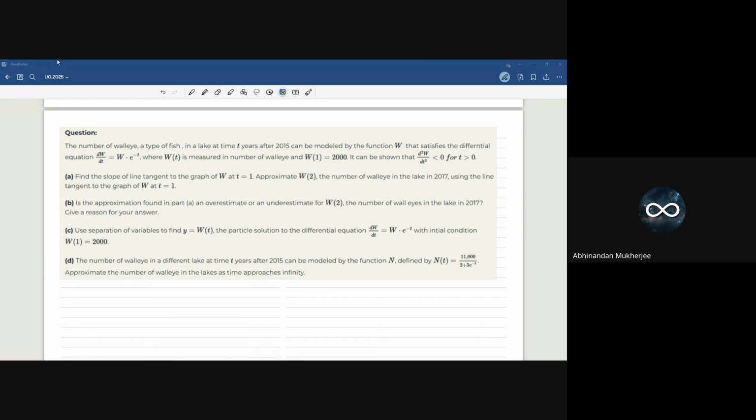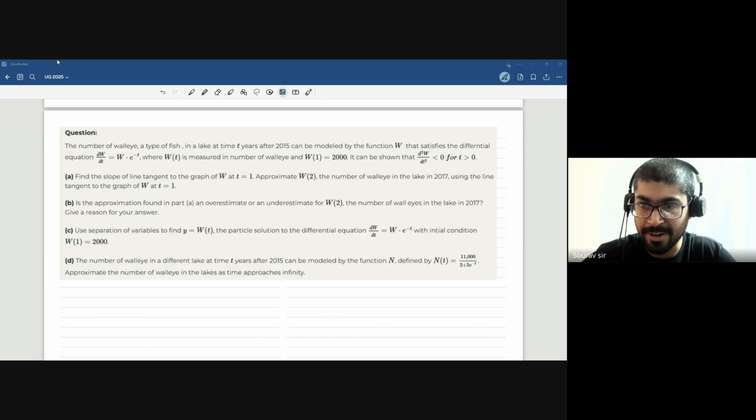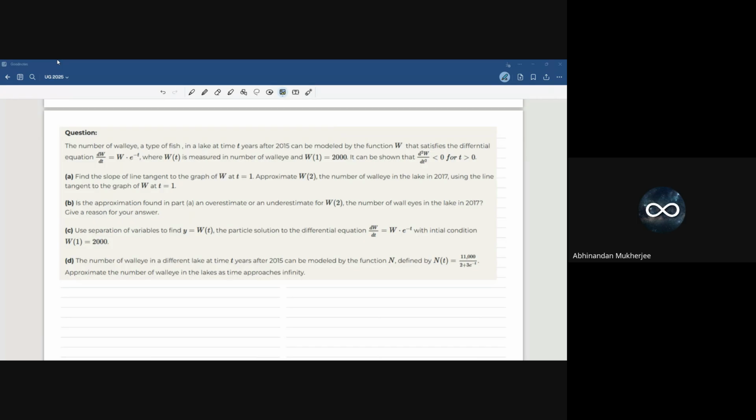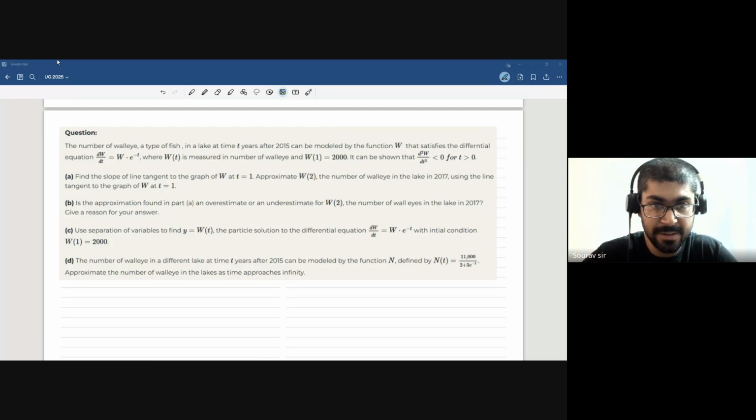Sir, C option's answer is log 2000 plus, no, one minute. Log W is equal to minus e to the power minus t. You cannot keep it on the log form on the left hand side because there is a restriction on logarithm, right? If you do the integrals, you will get modulus there. So to remove that, we always take the dependent variable on the left hand side and the independent variable is given in exponentials. Okay, so transfer that into exponentials and then